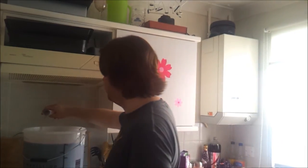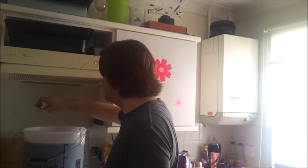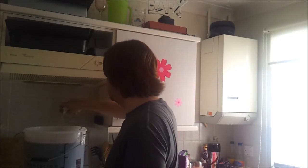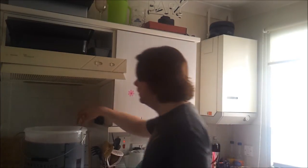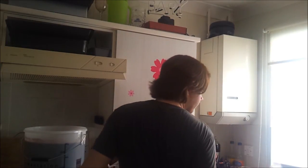Now, just sprinkle this, try and get it fairly evenly over the surface. There we go. And then, you guessed it, give it another stir. And there you have it. What I'm going to do now is just cover it, put the lid on, obviously, cover it with a t-shirt, sometimes do that just to help keep the heat in,